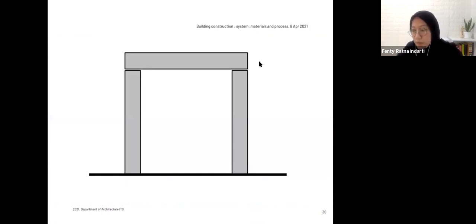This is a beam, this is a beam, and this is the column. If it is not a reinforced one, which is for example made from concrete, that it is connected directly, so it is separated. So you have this element separated from this element. So the A element and B element are separated. Then you have hinge support here